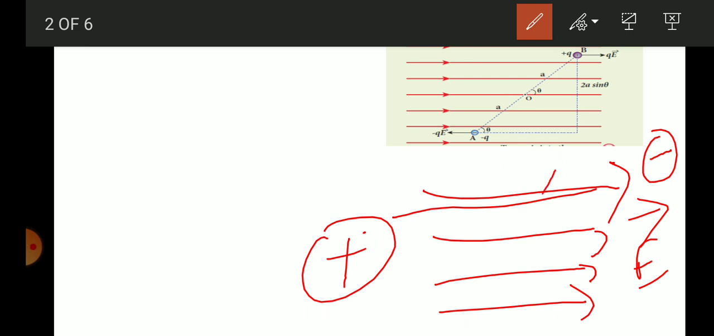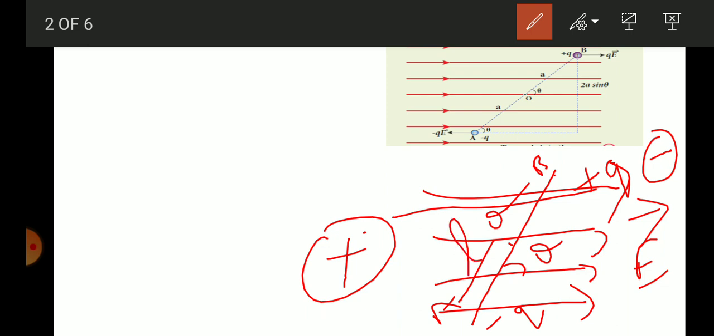In this uniform electric field, I am going to consider a dipole with minus q and plus q placed at points A and B, making an angle theta with the electric field. Then O is the midpoint of the electric dipole, and the distance from the midpoint O to each charge is L. In this diagram it is denoted as A. You can use L or A, that is not a problem. Okay, then